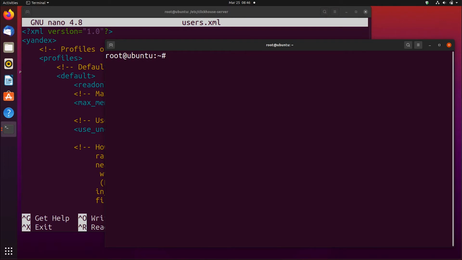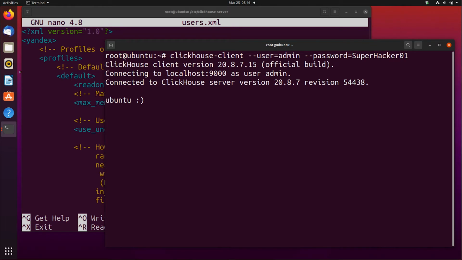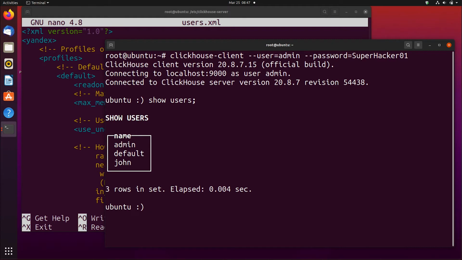Excellent. Let's now log into ClickHouse with the ClickHouse client, and we can create our own profile through the SQL-driven commands. If you watch our video on how to secure user passwords, and if you didn't, we'll put up a handy link, you'll recall that we created a user named admin and granted it power overwhelming to create users and other important abilities. We're going to log in as that admin user and create our profile with SQL with the